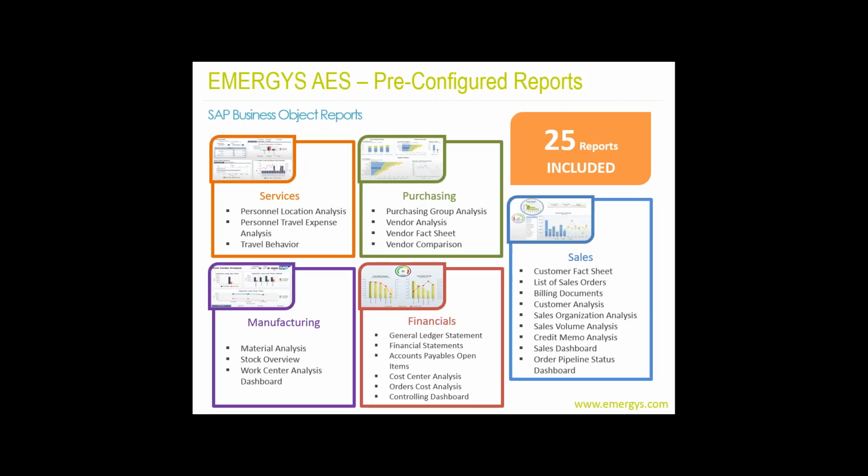We looked at it, and these were some of the most commonly requested reports. So we said, why not bundle them in, so on day 1 of go-live, they've got dashboards or reports they can use outside of the core. Now, with that starter set, there's something to compare to. I can look at the material analysis under manufacturing here, and say, I like this, but. Whereas if you don't have anything, it's hard to do a comparison. It's impossible to do a comparison. So that was the idea behind this. This gives you an idea of the starter kit that Emergis delivers.